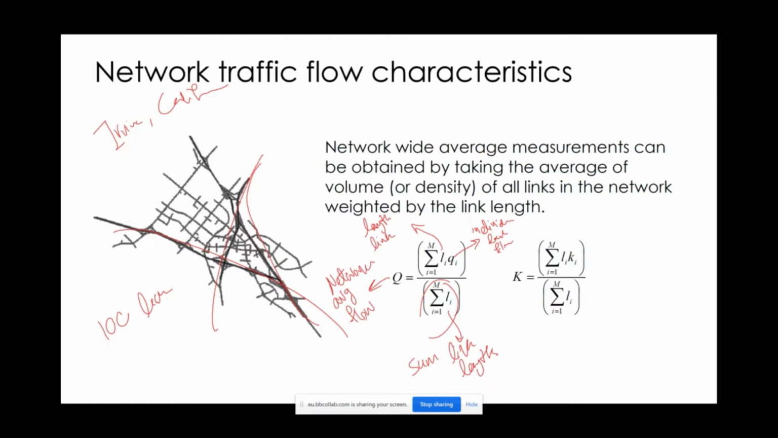We can also use a similar approach to calculate network-wide average density, where we have the individual link density and the length of the link. Same thing, divided by the summation of the link length. And that would give us the